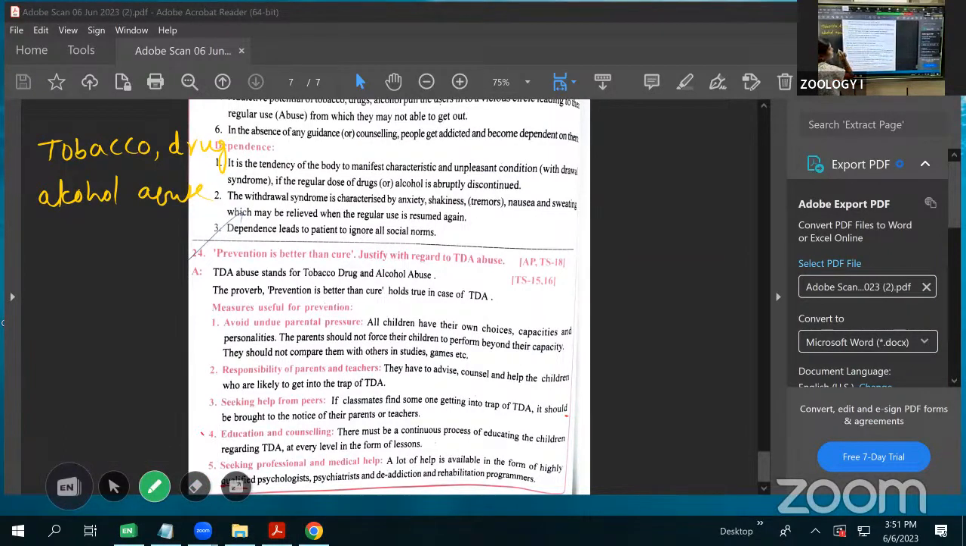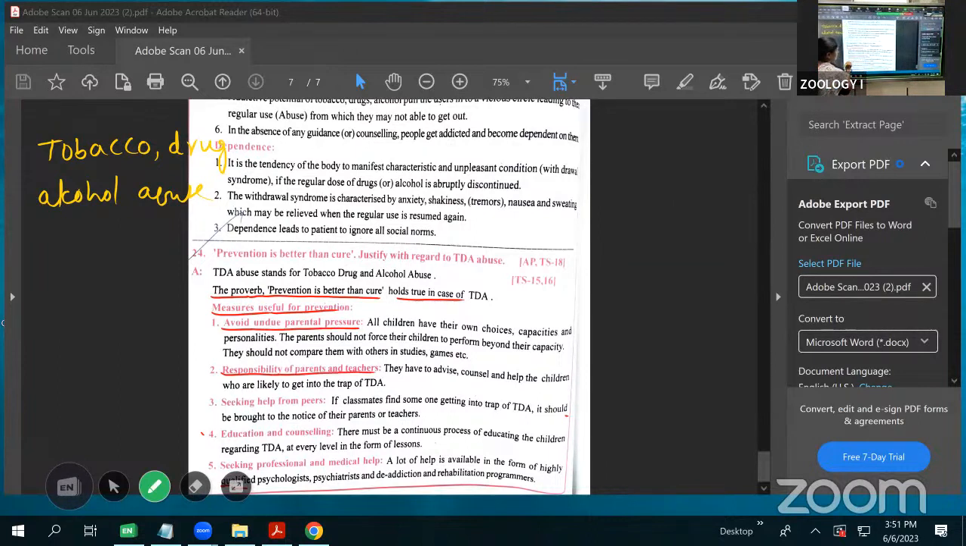Proverb. This is a proverb. You first write down the proverb: prevention is better than cure. It holds true in the case of TDA abuse. Just put the headings: measures useful for the prevention. And 5 headings are important. What you write afterwards, first remember these 5